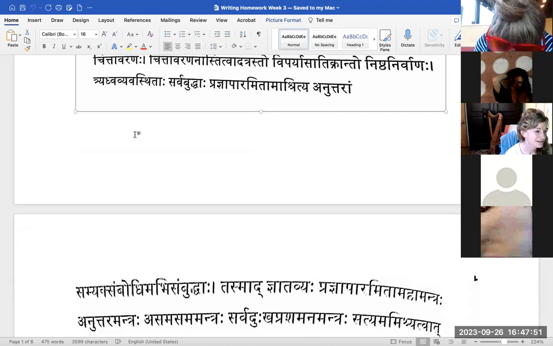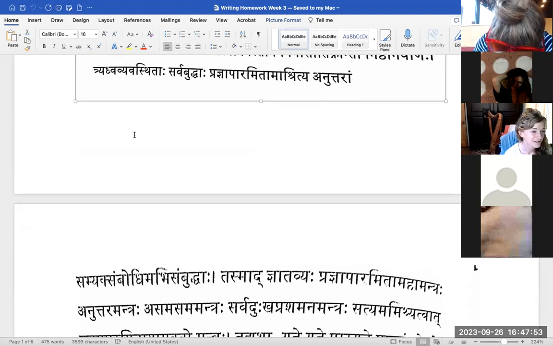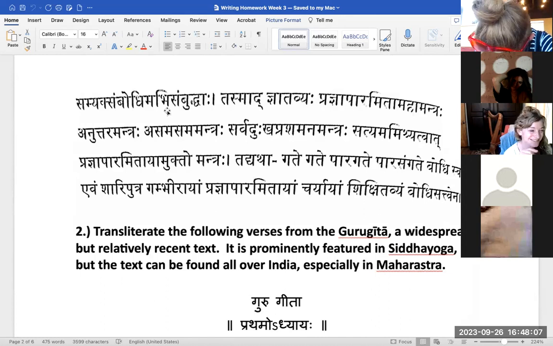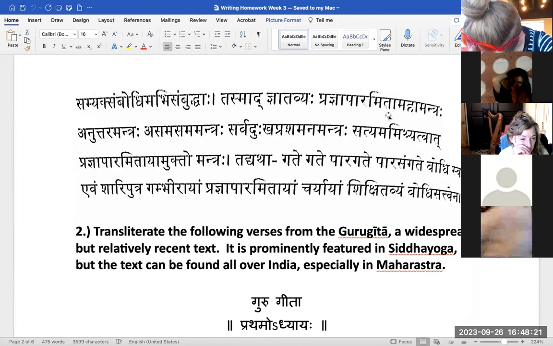Tryadhva vyavastitaha, sarva Buddha prajna paramitam ashritya anuttaram. Almost, I'll finish it. Samyak sambodhim abhisambuddhaha. Tasmat jnatavyam prajna paramita mahamantraha,